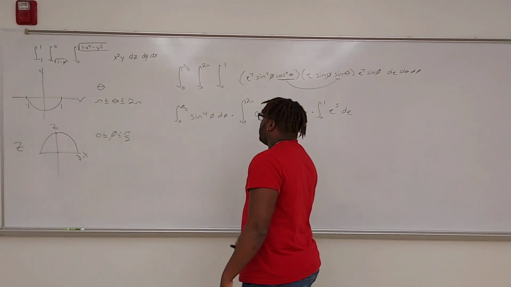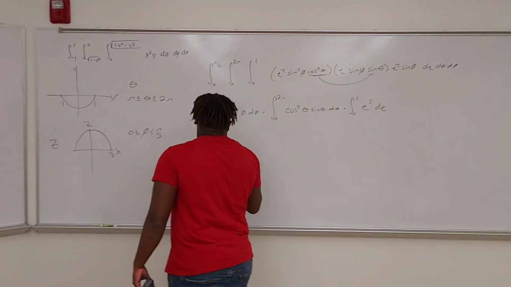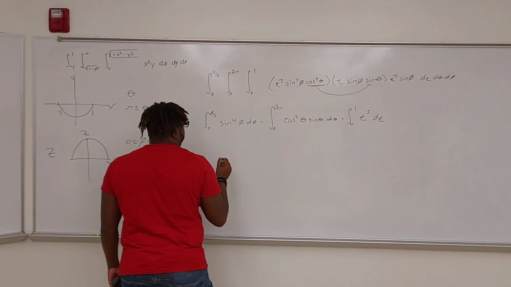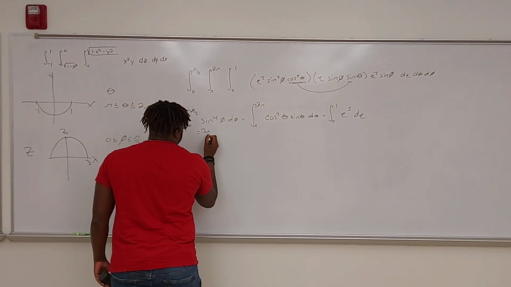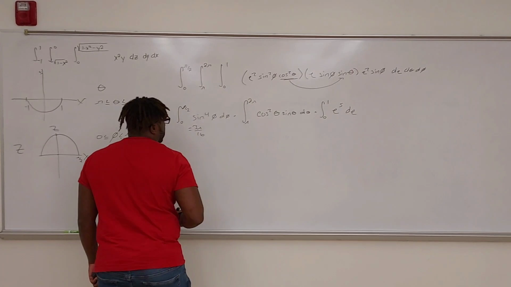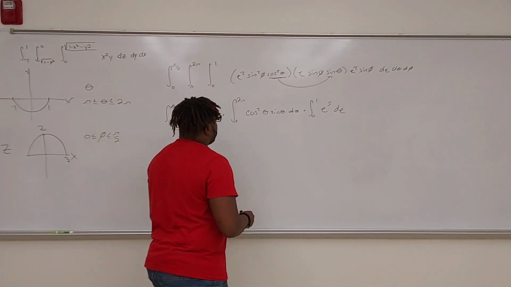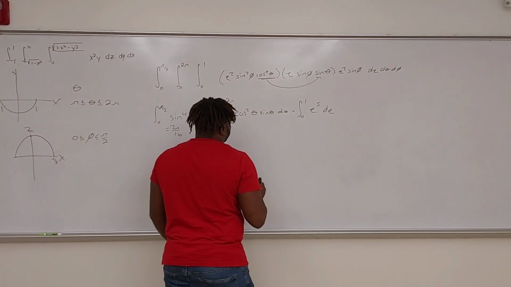Okay. So from 0 to pi over 2, sine to the fourth power is understood to equal 3 pi over 16. And for the next step, we're gonna have to use a